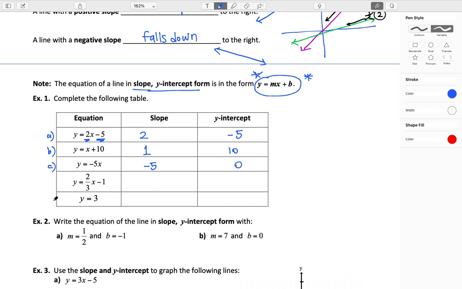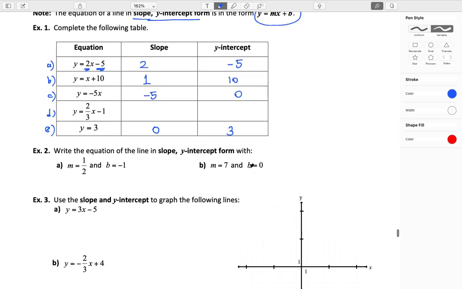On the other hand, if we look at letter D and E, y is equal to 3. Now, do I see a variable x here? No, I just see a number. So that means, in this case, there's no slope. So therefore, the slope is going to be 0, and the y-intercept is going to be 3. Okay,